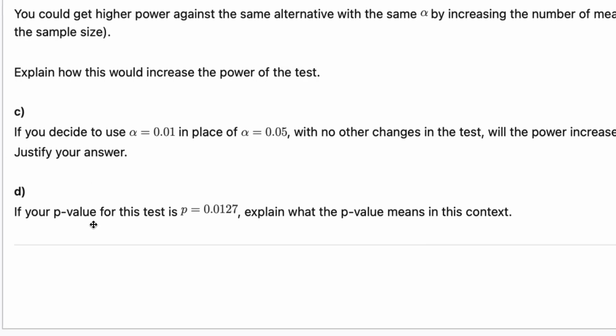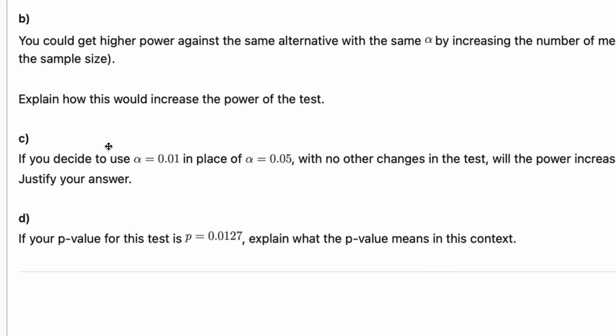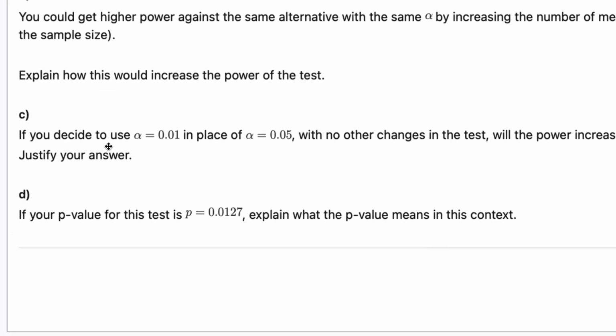Part D, if your p-value for this test is p equal to this number, explain what the p-value means in this context. So what is a p-value? Well, the p-value is, when we're assuming the null hypothesis is true, how likely, or in another way, what is the probability of the extreme value or situation happening? So in this context, assuming that the true mean number of days patients experience nausea after taking the drug is 7 days, because that's our null hypothesis, the p-value of 0.0127 means that there's a 1.27% chance of obtaining a